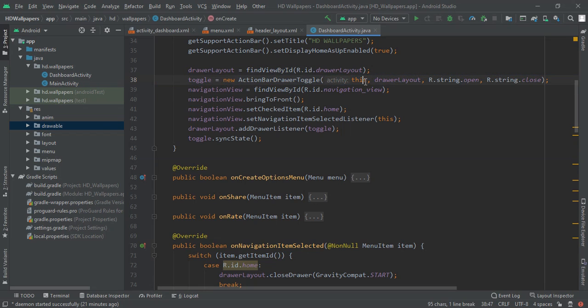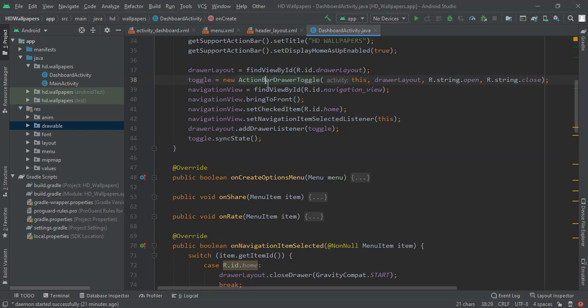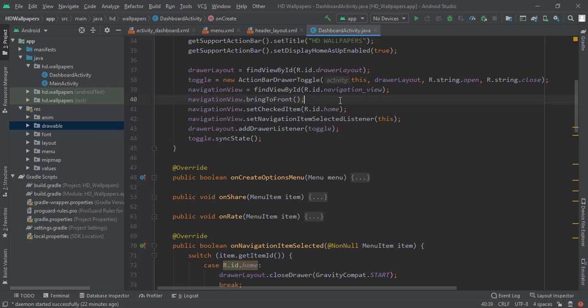So you have to add find view by id on it, and after that make toggle a new action bar drawer toggle and pass the activity this, then the drawer layout and some random strings. Then we are going to implement navigation view find view by id, and then make it bring to front. So when the user clicks on the navigation icon, the navigation drawer will show up. After that we are going to set the checked item, that is home, and then set the navigation item click listener